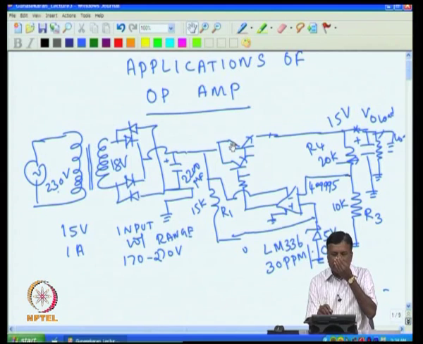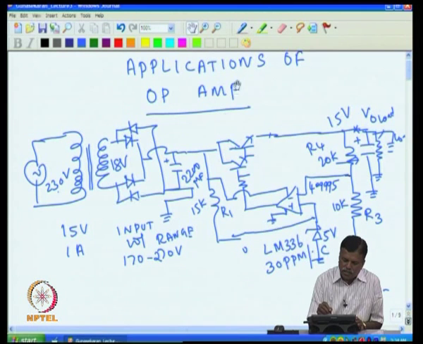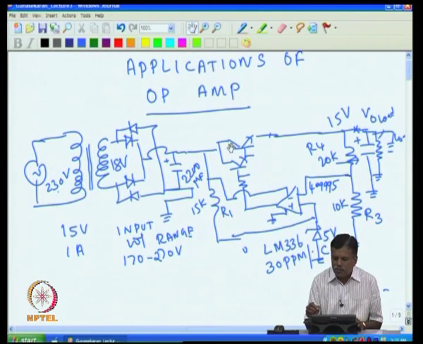There is another issue. If I take this transistor, for example, when I load this, then it heats up. If there is no load, then a very small current is flowing through this and the transistor does not heat up. In a normal case, for example, if the input voltage here is say 25 volt and the output is 15, then you will have 10 volt across this, and if 1 ampere current is flowing through this, then you will have 10 watt of heat dissipation on this transistor. If 10 watt heat is there, then it will be heating up. Of course, if the load current is not 1 ampere, if I increase the resistance, the load current comes down, then the heating comes down.